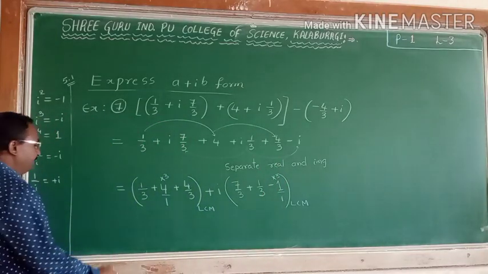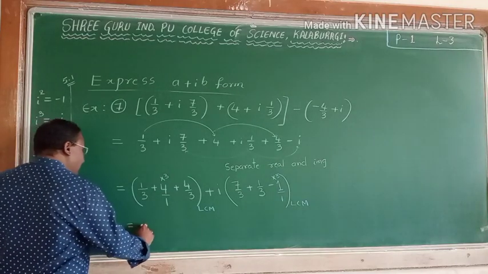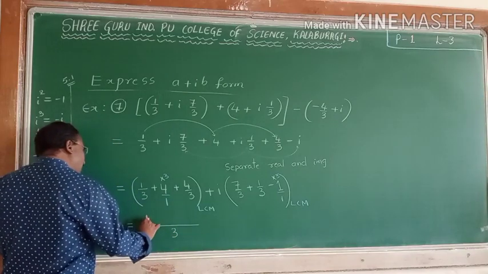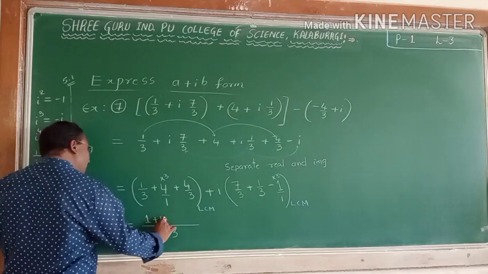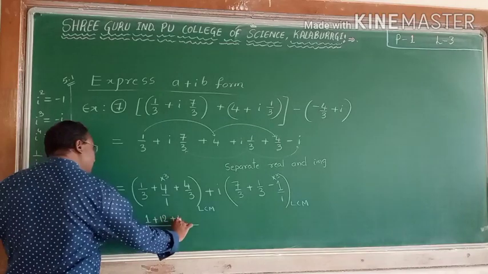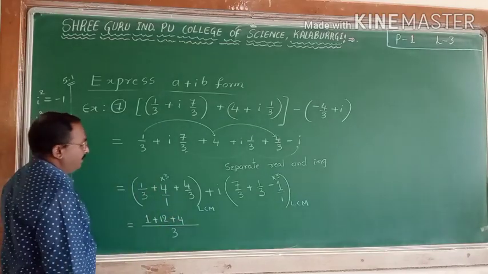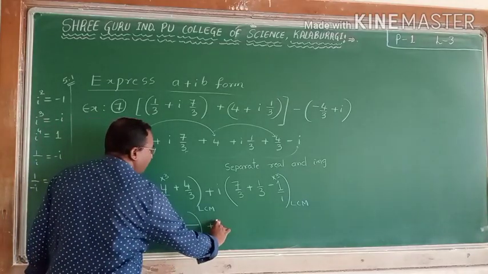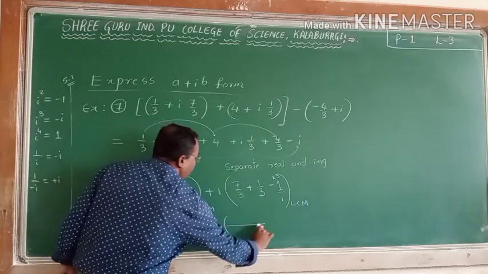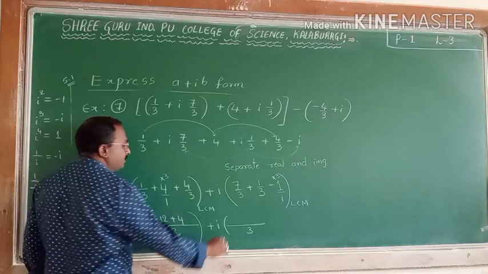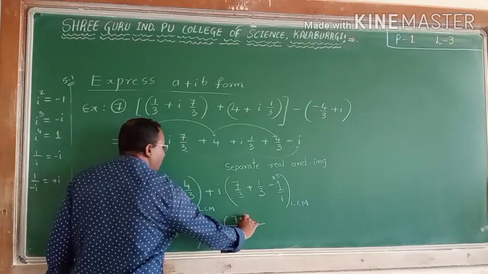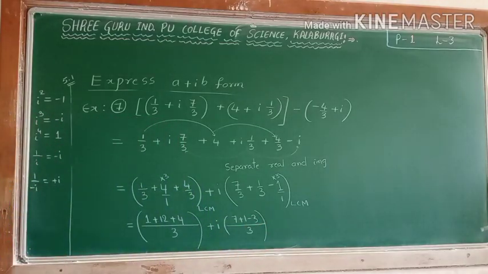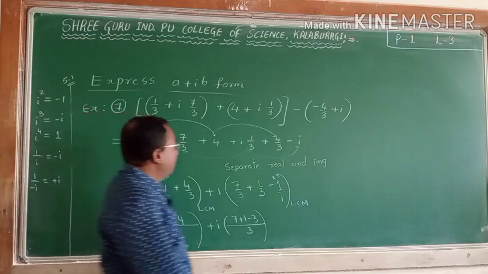Next simplify. LCM is 3. 1 plus 12, 4 3 is 12, plus 4, plus i times, LCM is 3, 7 plus 1 minus 3. That is equal to,